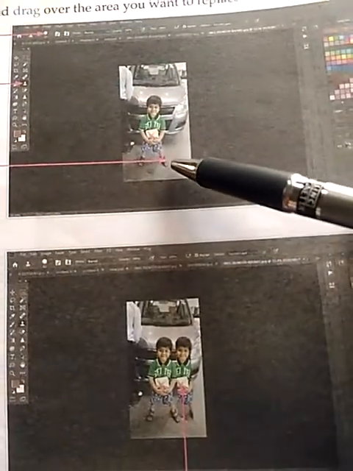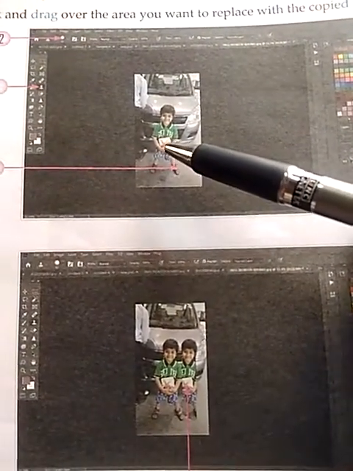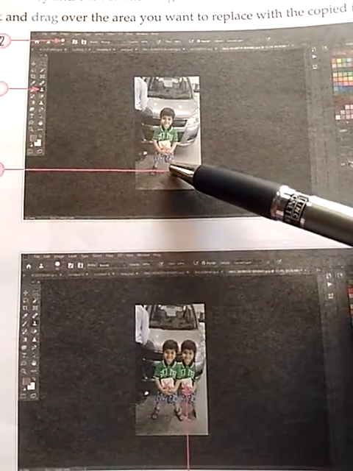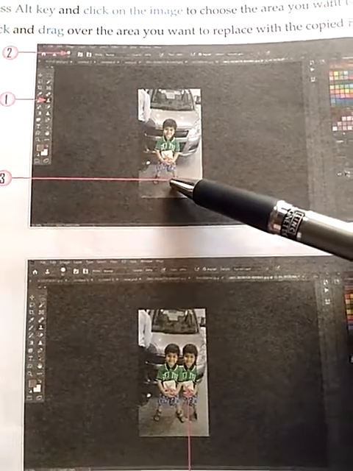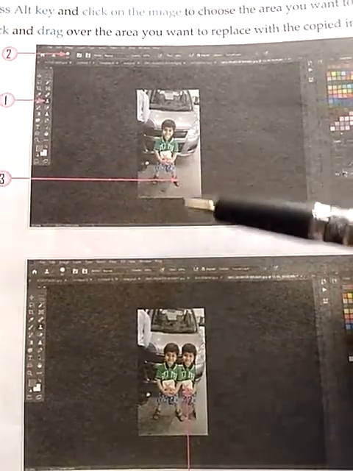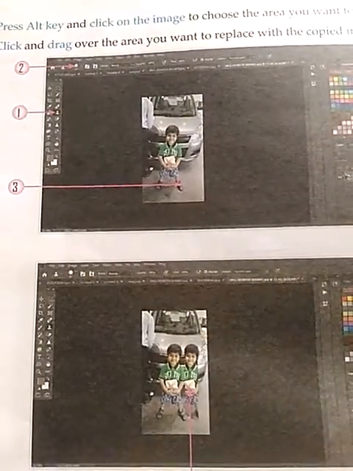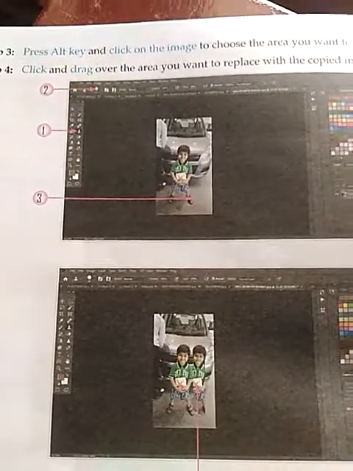Suppose I want this leg to be copied, so by holding the Alt key I will click over this portion, then the portion which I have clicked will be copied, and after that if I drag the mouse to some other area, then the area which we have copied will get cloned at that destination position.